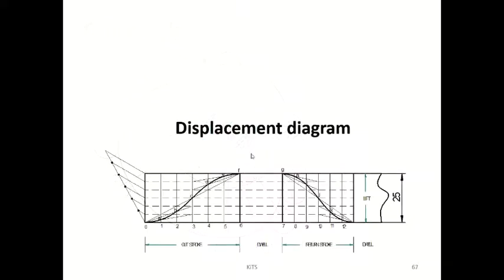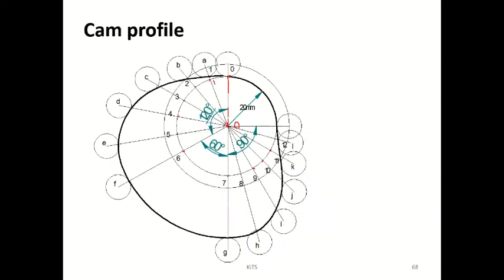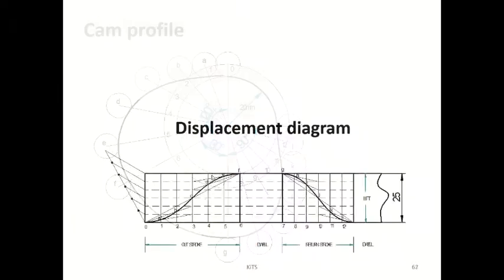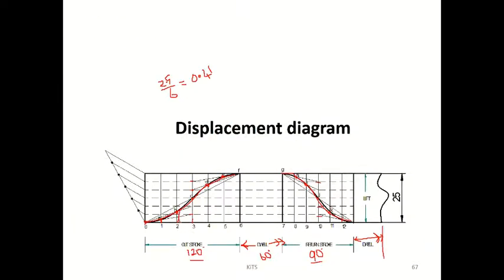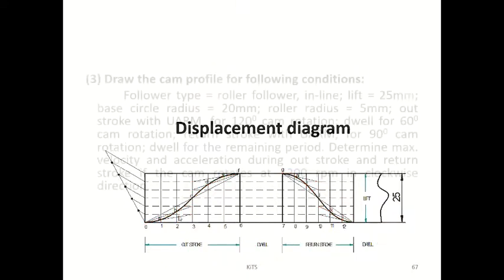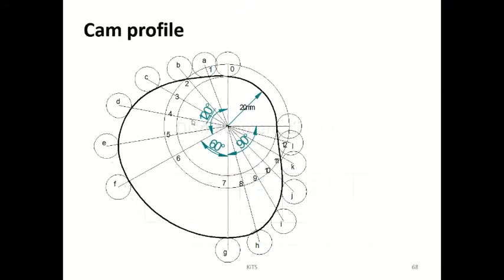Now go here, measure the distance between 1 to A, measure this distance 1 to A, and mark it here. Then measure the distance between 2 to B, this distance, and mark it here. Then 3 to C, mark it in this place. Then 4 to D, this place, 5 to E, this place, 6 to F, 7 to G, like this. You have to measure all the distances and mark them here.